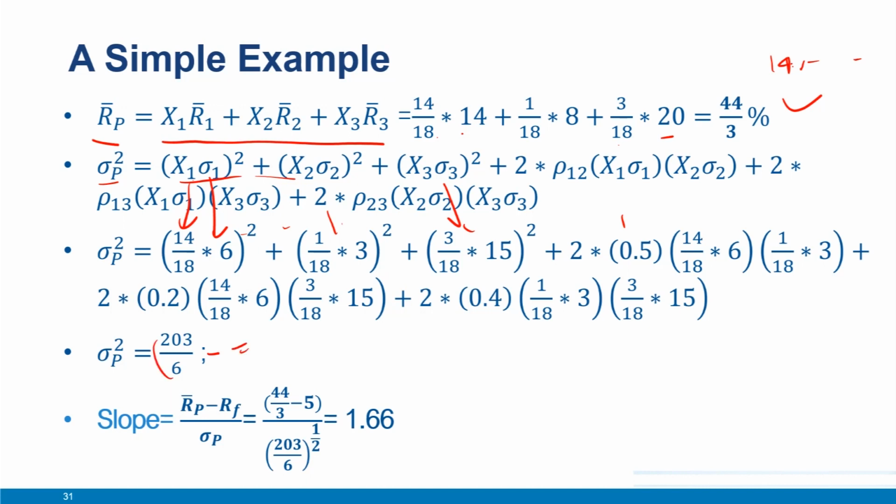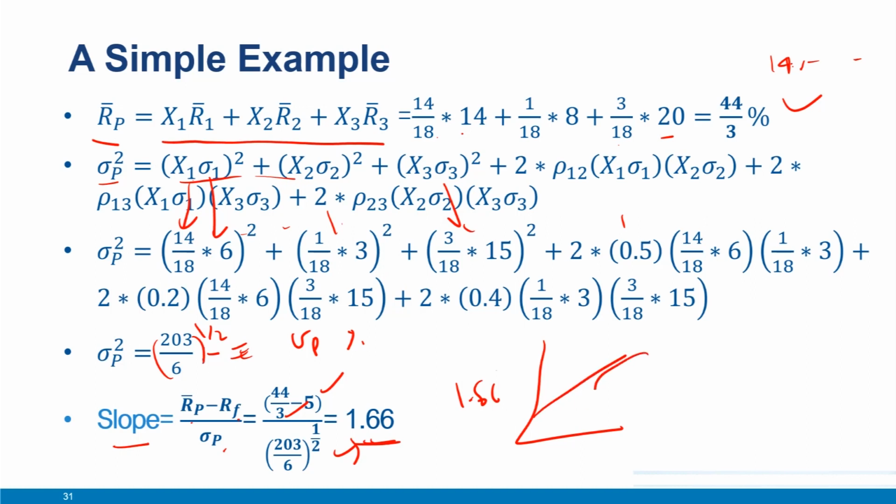So here the square root of this will be the sigma p in percentage terms. So I can obtain the slope as rp bar minus rf upon sigma p by putting these numbers. Notice, because numerator and denominator both are in percentages, I do not have to explicitly put them in fractions. Both of them are percentages, so I'll get the ratio number as 1.66. So this 1.66 is the slope of the tangent line that we were trying to identify,